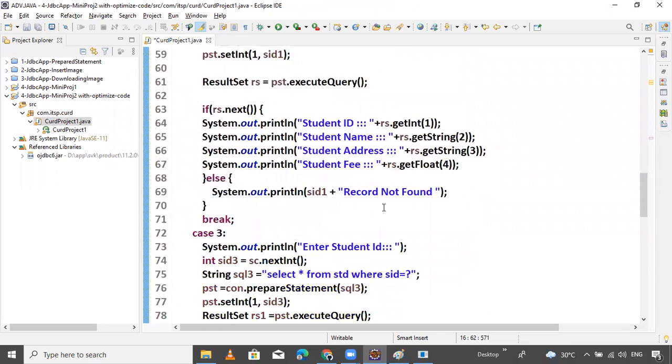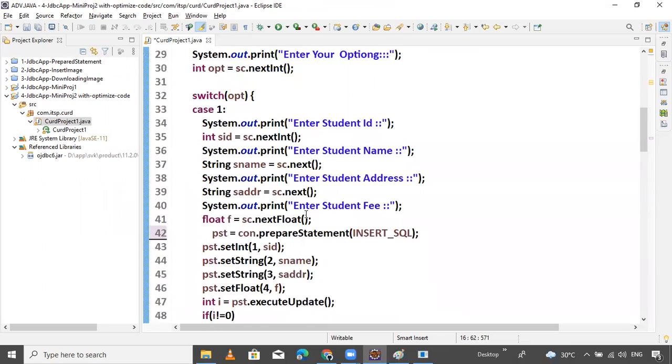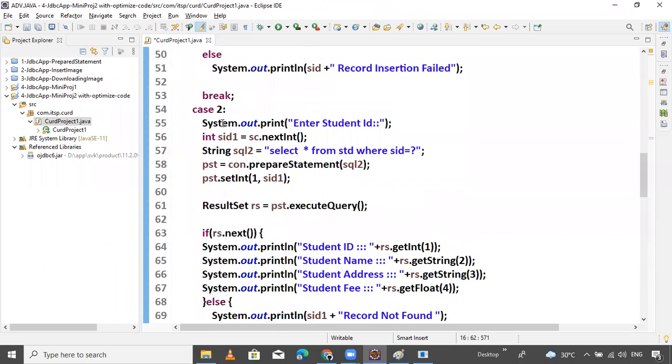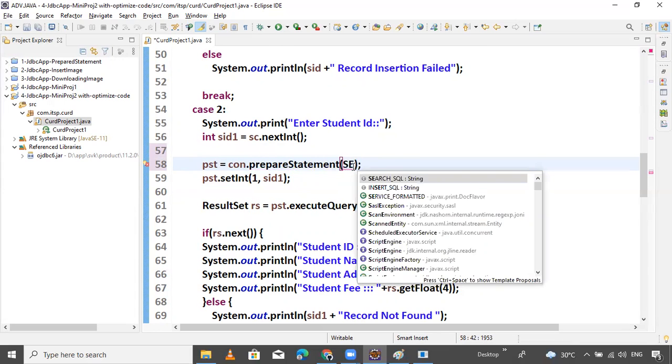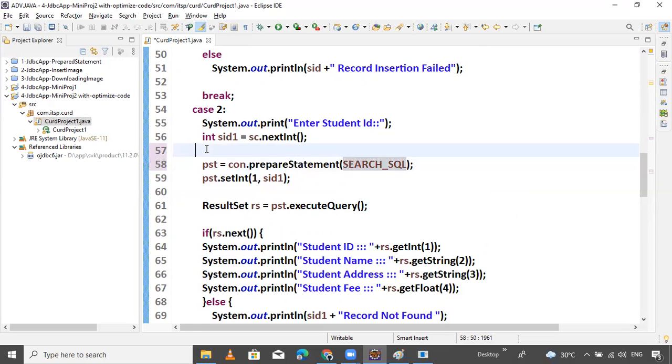Remove this. One module is completed. Second module, yes, this one. Just remove it here and here pass the search query. That's it.